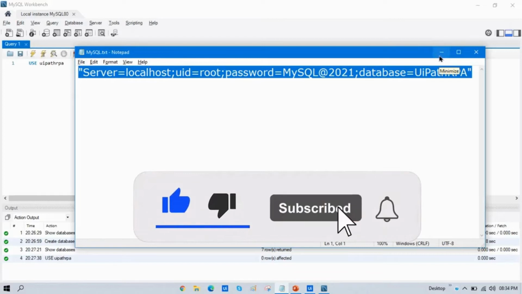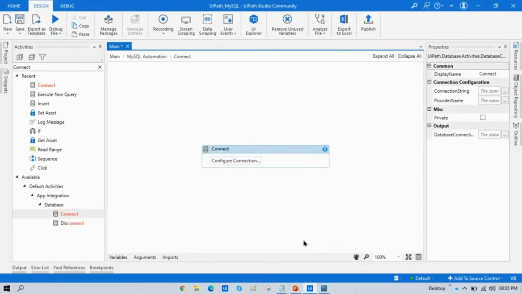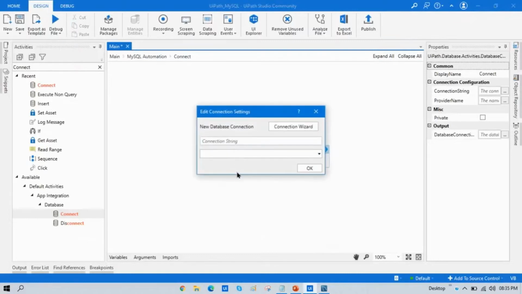Now what you have to do is copy this complete connection string, go to UiPath Studio, and click on configure. Here we have the option connection string. Just paste here. I have already used double quotation here, so there is no need to put any double quotation here.